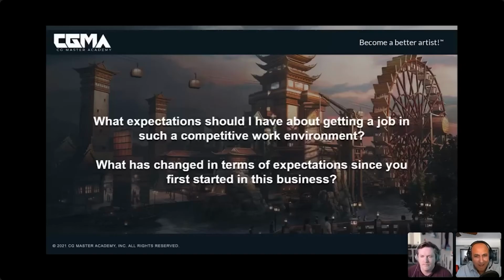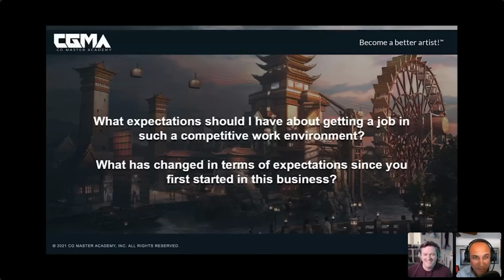So if it's all about setting your own expectations for yourself and understanding what the expectations are, what should I have about getting a job in such a competitive work environment? Now, I say work environment because typically animation, film, VFX, what I call the darling industries within the entertainment design and production space, have way more talent than roles, although things have been growing so much with COVID, with people saying let's make more animation.